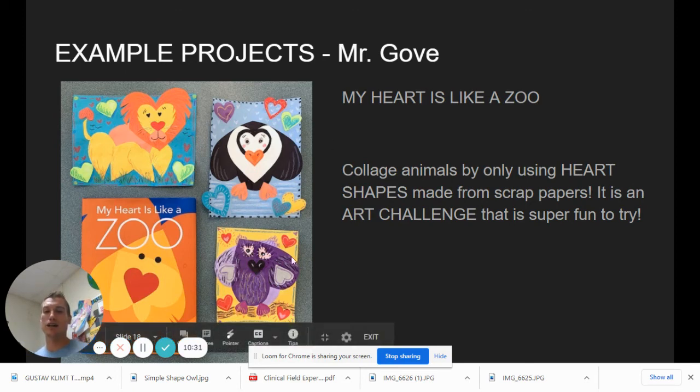So personally, I thought, hey, maybe I could use hearts to make the lion on the cover. And you see his nose is a heart. Hearts to make a pinguino, a penguin, and a little owl baby. So I cut out a bunch of different hearts and then collaged them, glued them together to make different creatures. And actually, you can cut into your hearts too. I cut some little triangle pieces out so that it would look more like a mane, but you can see the whole thing was an orange heart. So be creative. That is a challenge for sure.